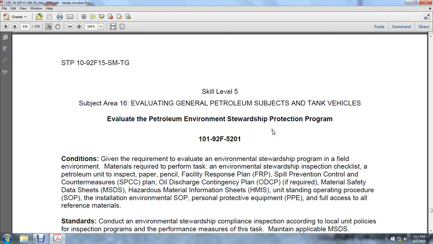Okay, skill level 5, subject area 16: evaluating general petroleum and tank vehicles. Evaluating petroleum environmental stewardship, the protection program of 10192F 5201. Given the requirements to evaluate the environmental stewardship program in the field, environmental materials required to perform the task